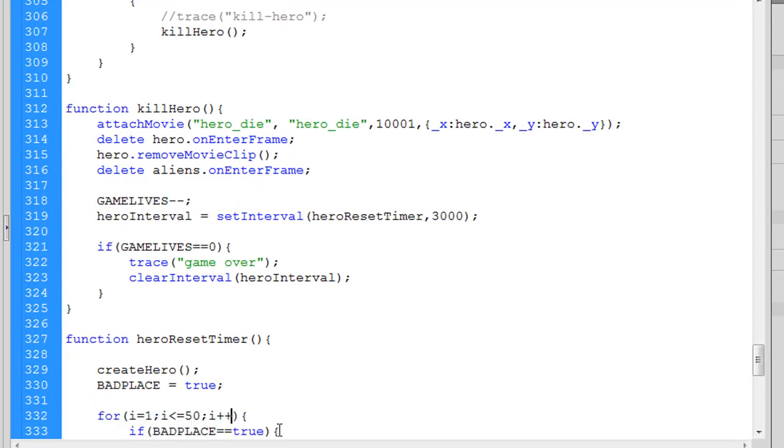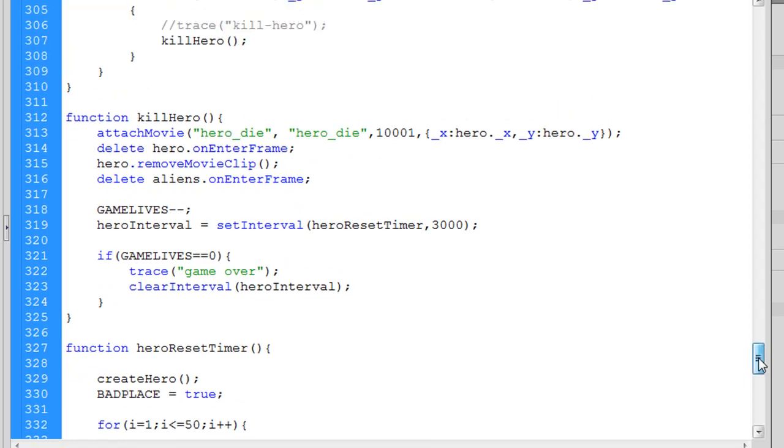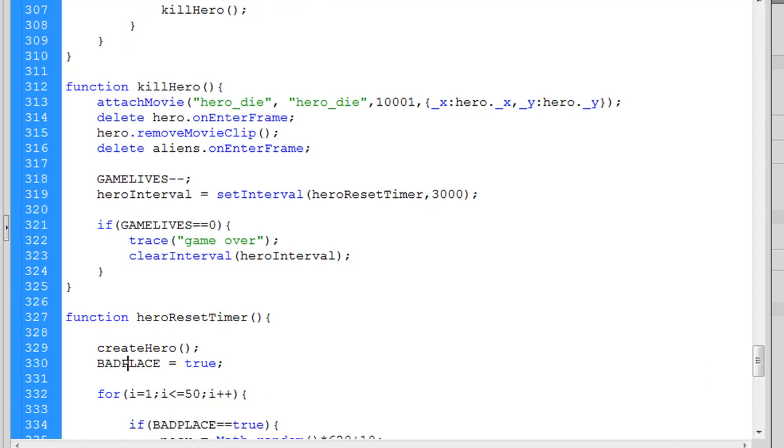Then we're going to do a for loop. And the for loop, we're going to loop it 50 times. So you can see I put integer I equals 1, semicolon, I is less than or equal to 50, semicolon, I plus plus. So we create a for loop that's going to loop 50 times, right? And then I say if, right, if statement,